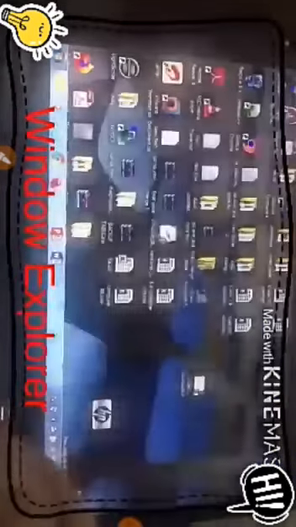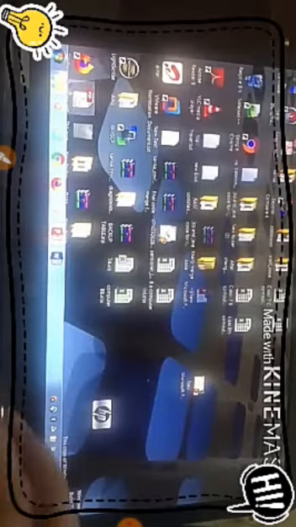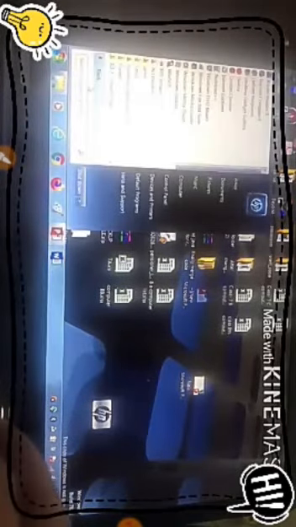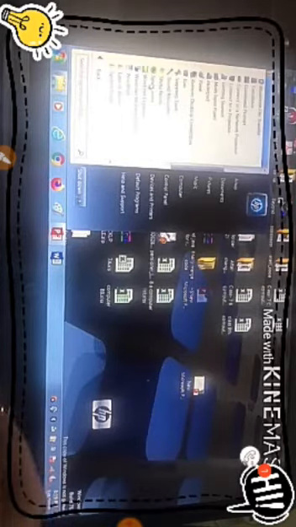Now we will see the Windows Explorer. In Windows Explorer you need to click on the start button, then you can go to the option of applications, then from there you will find the option Windows Explorer. When we click, this screen will open in front of us as Windows Explorer, where we can see our libraries, all the documents, Windows music and photos available. Okay, so that is about the Windows Explorer.